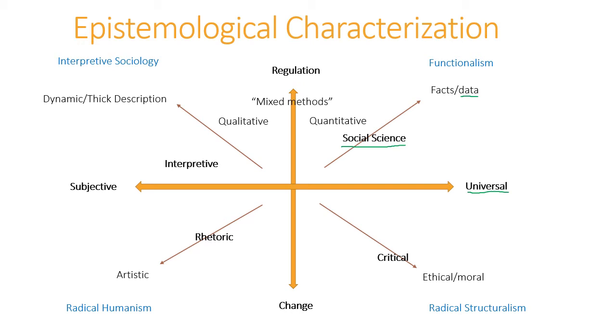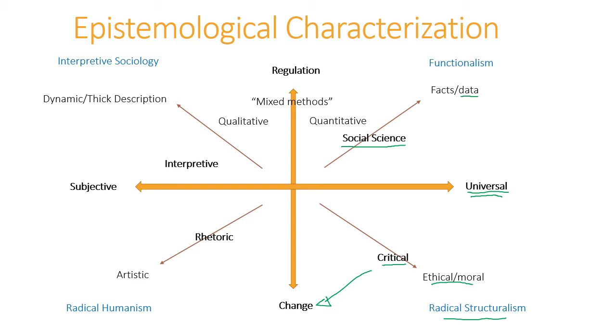Below that, still arguing about universal truths, but what counts as evidence might be a little bit different, and the goals are definitely different over here. Again, this is the critical paradigm. The goal is to change things, right? You look at the movie, you don't like the representation of a given group or the way they do a certain thing, and you make an ethical or moral judgment about how things should be changed. This would be considered radical structuralism, according to Burrell and Morgan.